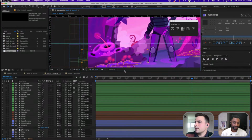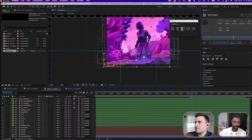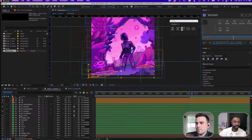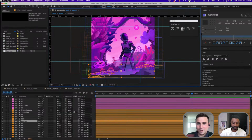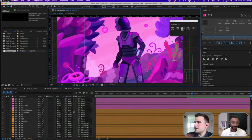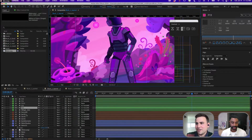And so now we can jump into the fun part of animation and just getting things where they need to go. One of the things that I love to do is pre-comp. And pre-comping, again, is just putting some of these layers into a folder. And that helps because it gets rid of a lot of these layers. And it also helps with rendering, which becomes another thing